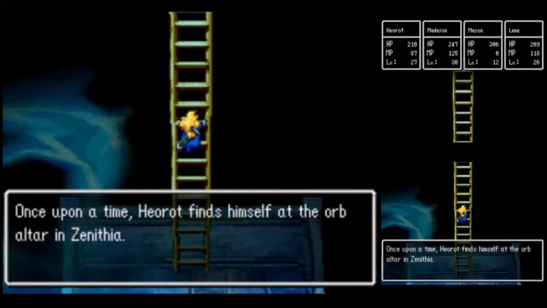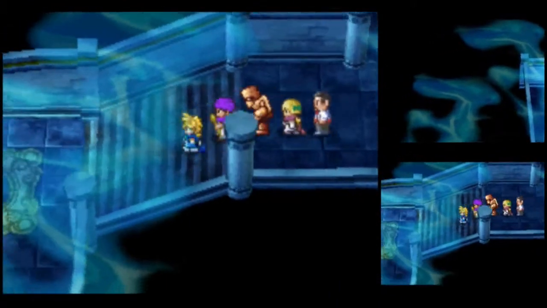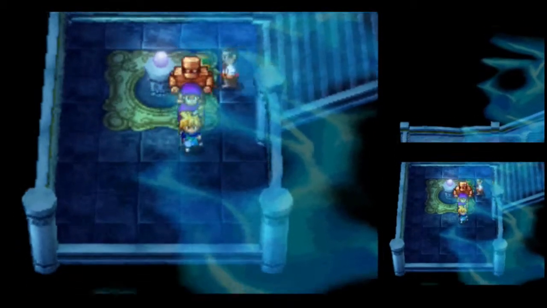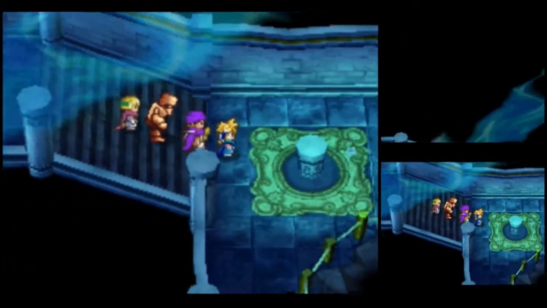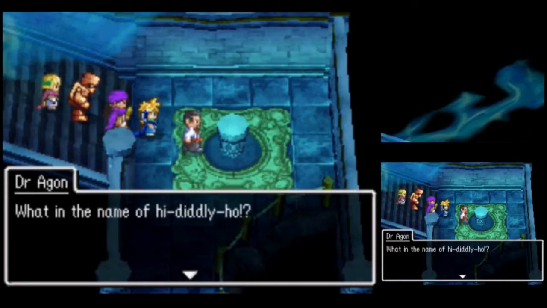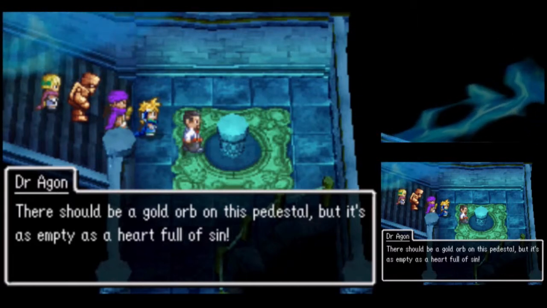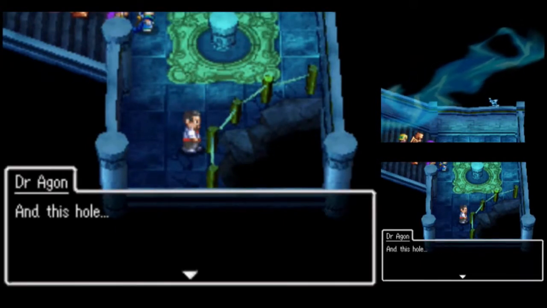We're now in the Orb Altar. There's a switch there. Oh, I see a Silver Orb over here. A solitary Silver Orb shimmers forlornly atop it. Forlornly? Why? Let's check over to the right now. Gasp! Shock and horror! What in the name of high diddly ho? There should be a gold orb on this pedestal, but it's as empty as a heart full of sin. And there is a hole that someone has roped off. And this hole...